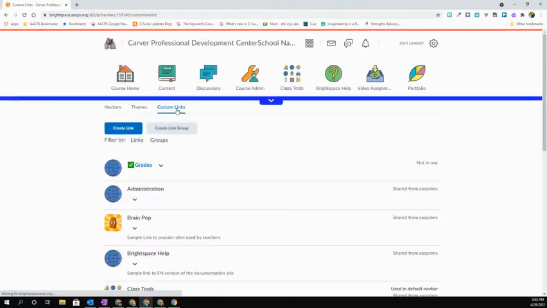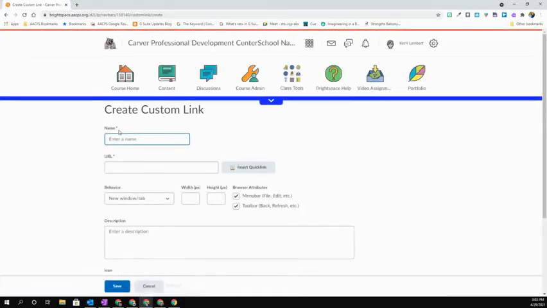The first part of this is I have to set up specific links to go to the different parts of my course. This is where I'm going to insert my emojis. So to do this, I'm going to select Create Link. Now I need to think carefully about where in my course my students are going to need to navigate. So one of the first places that they're going to have to get to is, of course, the home page,